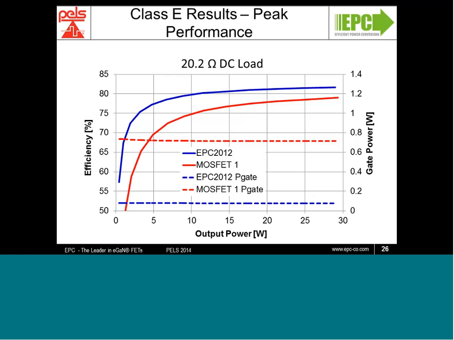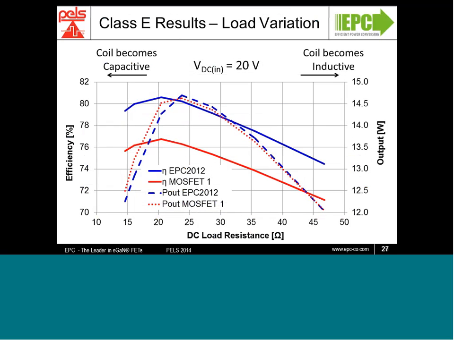Let's have a look at our load variation, and this is where it gets interesting. We have varied our DC load from 14.7 ohms to 47 ohms, and we fixed the supply voltage at 20 volts. And we can see the performance again, the blue line being the GaN FET and the red lines being the MOSFET. On the left we show the efficiency, and on the right we show the output power. This is because the power is fixed, it's much lower than in the previous case. Otherwise we end up with conditions that we can't test because it exceeds either the thermal rating or voltage rating